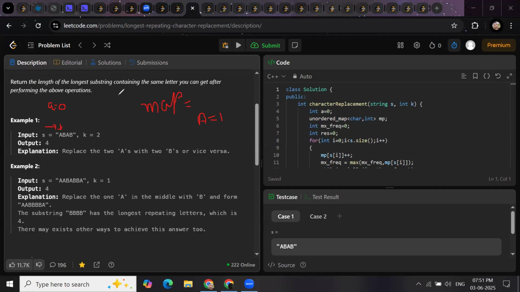Now you need to take a variable that will store the maximum frequency. What maximum frequency? Maximum frequency means whatever distance you have covered till that, what is the maximum frequency you have got, whichever character, you just need the maximum frequency. So this MX will store the maximum frequency. Okay, so now you are at A, you added the A to map, and after that, your maximum frequency will be 1. Now the next character is B,